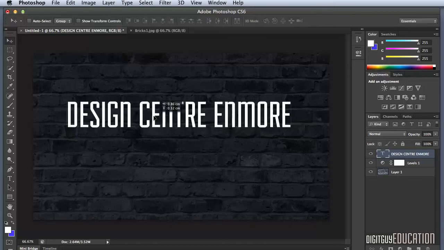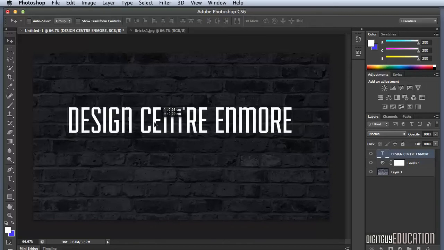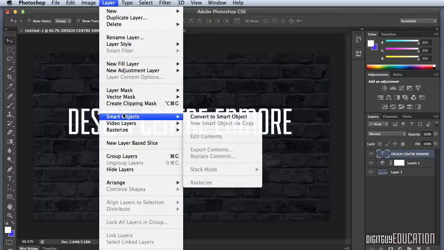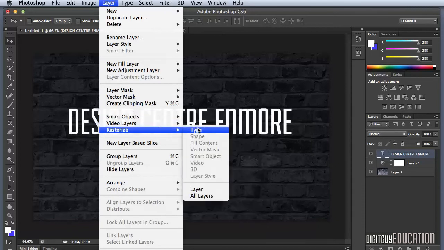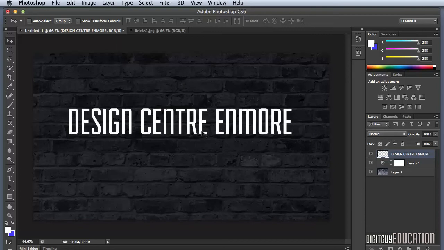Okay, I'm going to grab that text and place it just in position where I want it, about there. Now I'm going to go to Layer, Rasterize, and I'm going to rasterize that type. Very nice indeed. Okay, now I'm going to Command click on the thumbnail for that layer to make it into